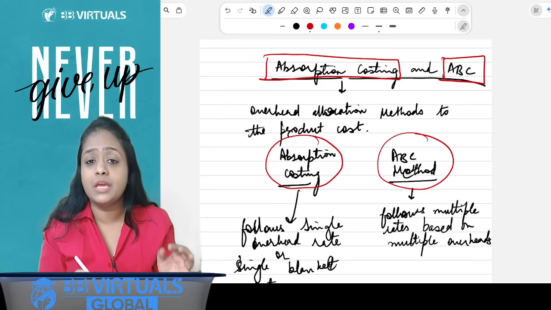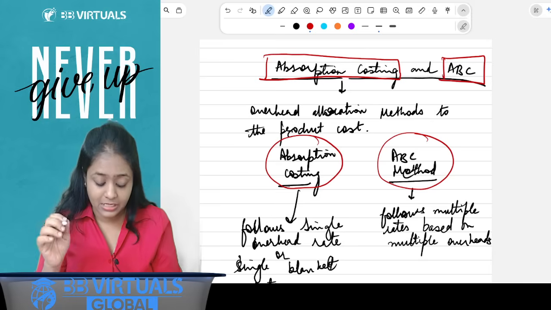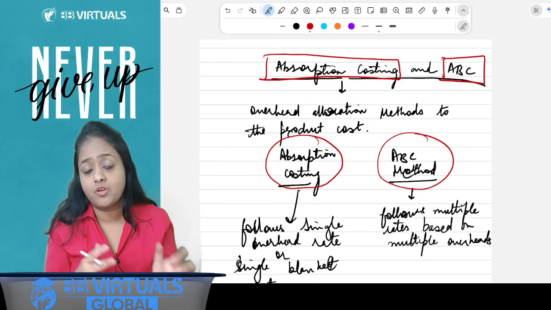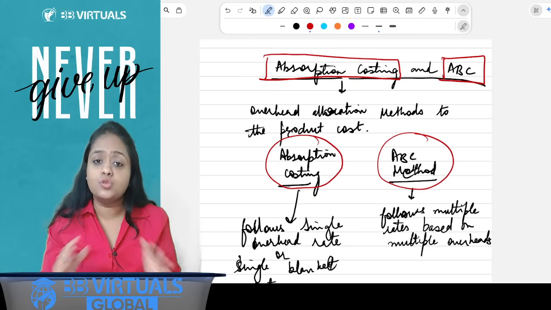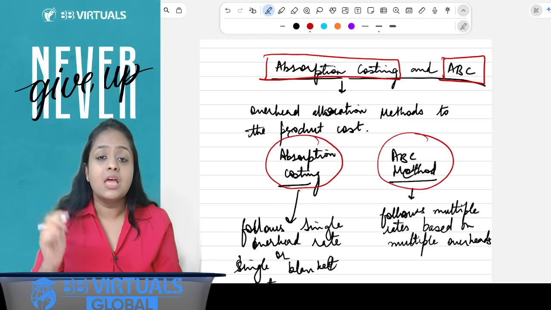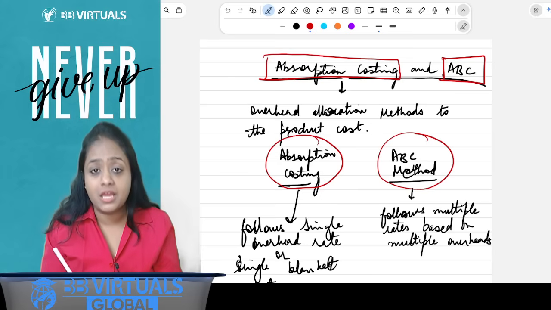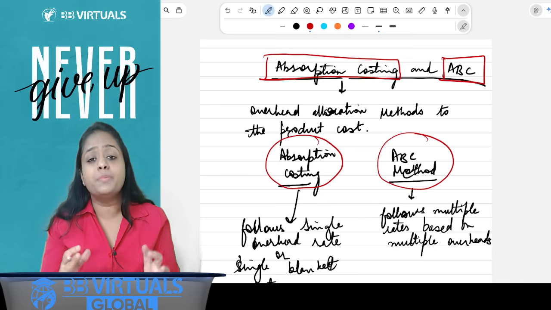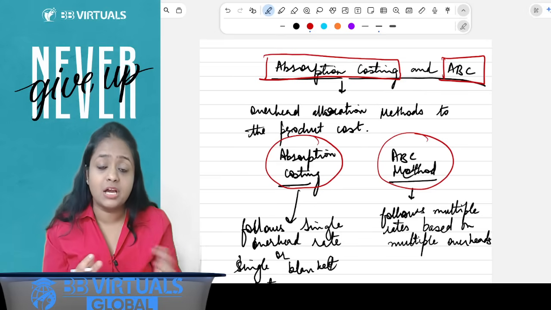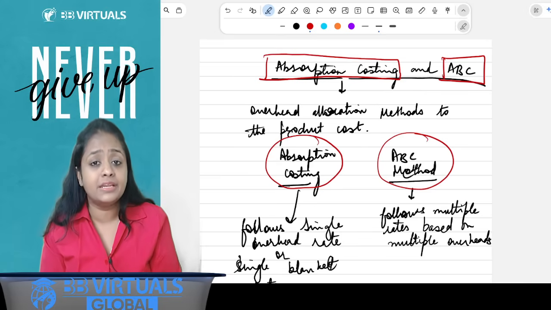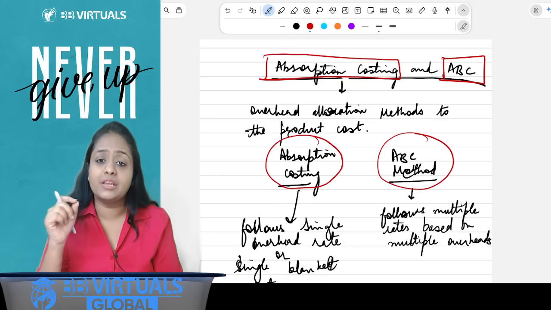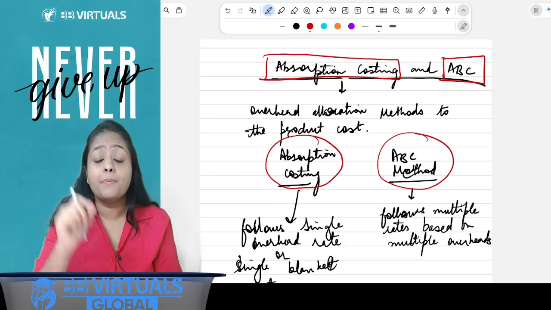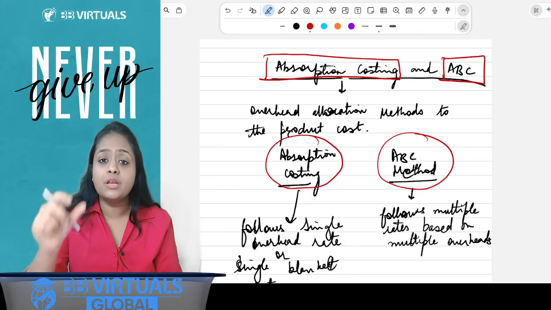So now we know that absorption costing and ABC are the two overhead allocation methods to allocate the overhead cost to the product cost, although the two are different in their methodologies. Absorption costing typically helps to calculate a single rate that will be applied on the basis of labor hours or machine hours or any other activity level that the entity may deem fit, and based on the consumption of labor hour or machine hour by each of the products, the overhead cost is allocated